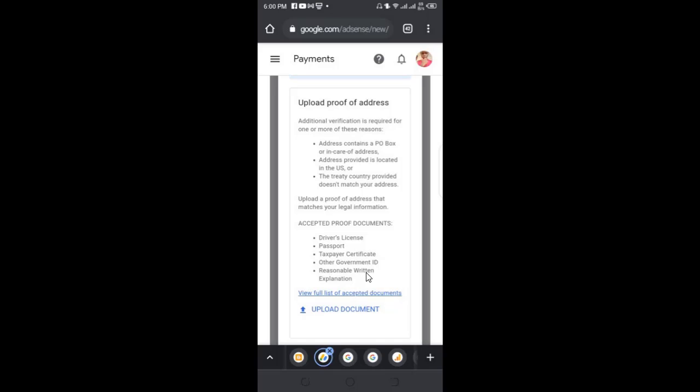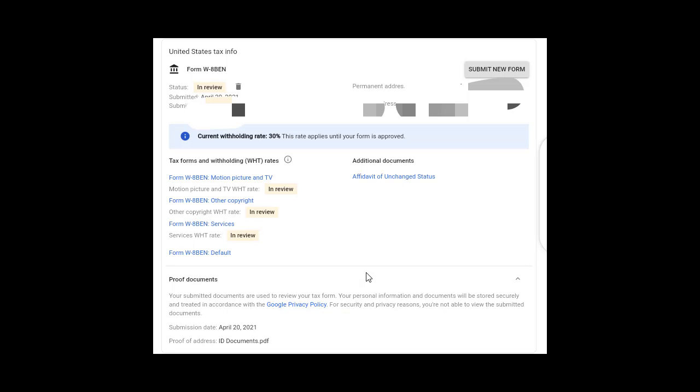Okay, so what you see here is the next step you're going to take, because if you are in Africa and the country of your AdSense is in Africa, and then you're using tax info that's from overseas or abroad, in Europe or America, anywhere outside there, then you'll be asked to provide an ID proof. So what I did here is I provided the proof of the ID card of the person whose tax info I used as documents. That's what you're going to do, and then once you do that, you see your account is going to be in review. Your account will be in review on the next screen.